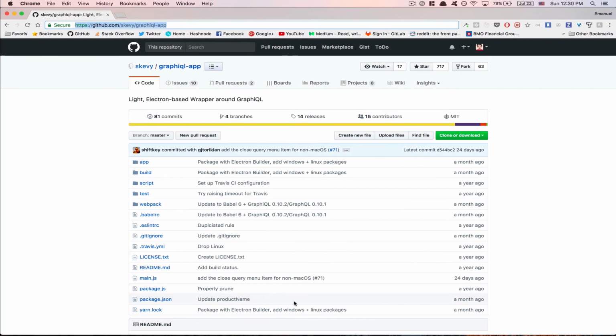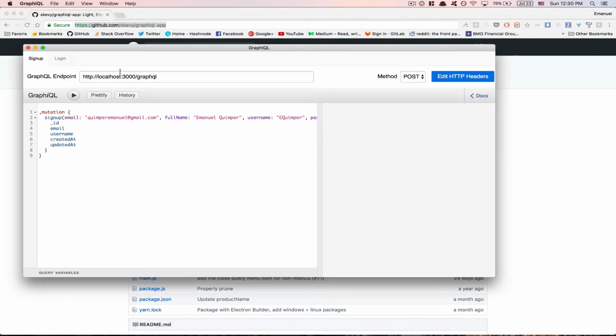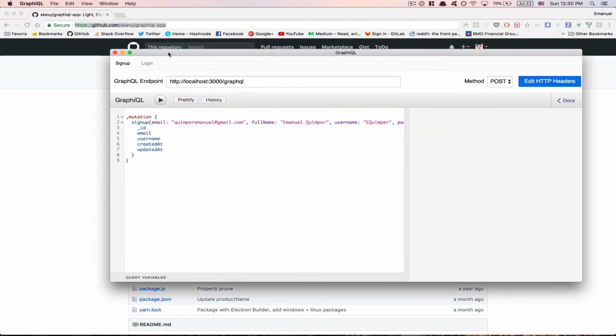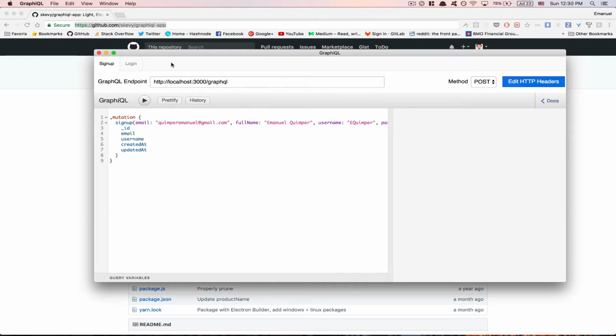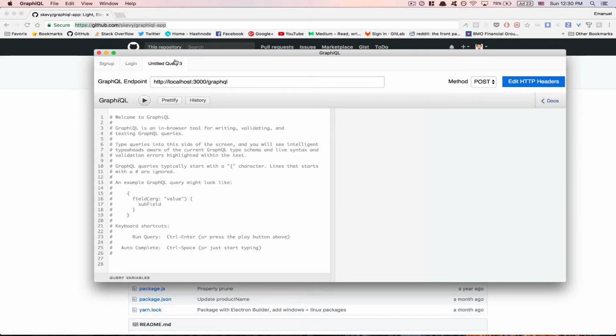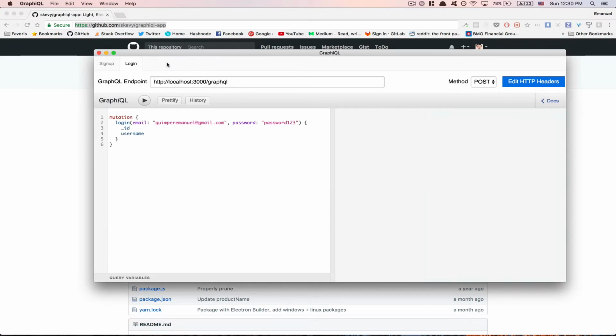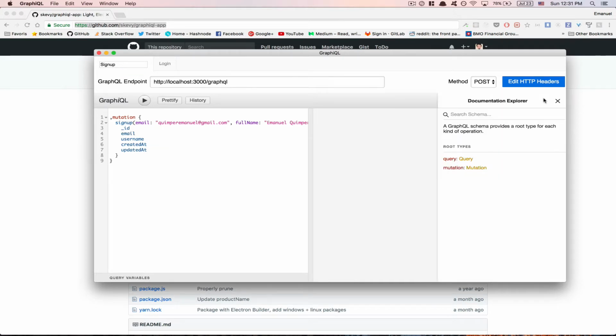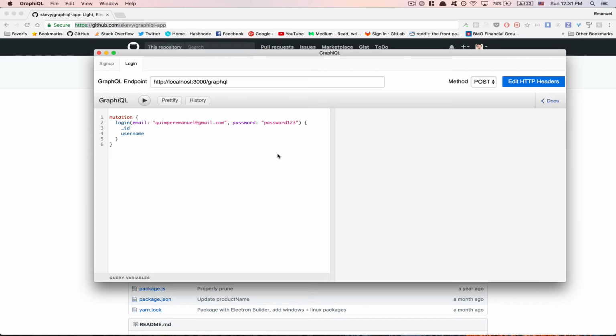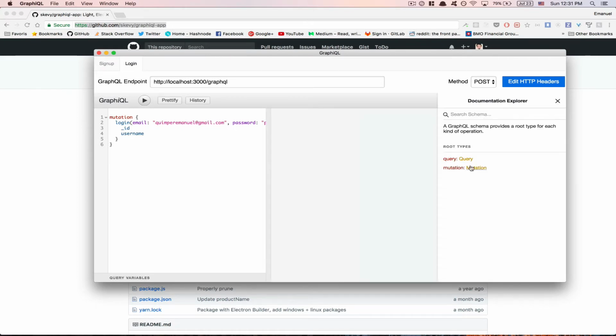So now what I'm gonna do is I'm gonna jump to my GraphQL app. Here you can create more than one tab by doing Command T. So this is how I make that, and you can give it a name by double clicking here. So here, when we check in the docs, we can see we have the mutation. So I'm gonna just refresh. If I check in the mutation,